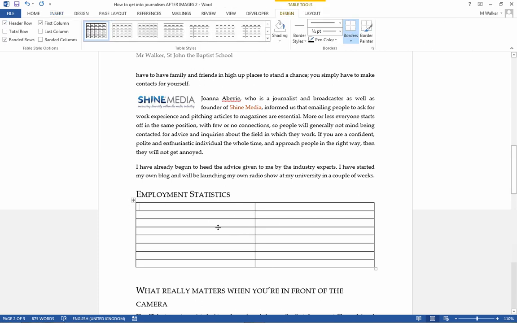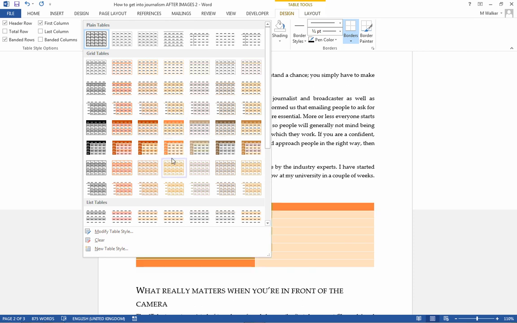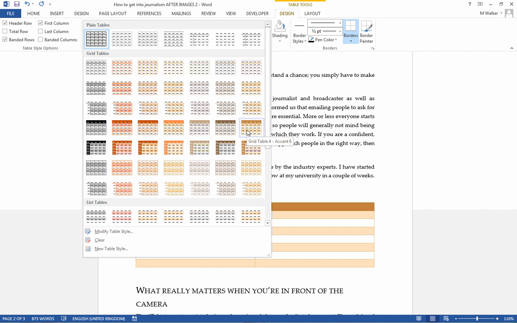So I'm going to click there, and this is my table. Now it's quite easy to change all of the borders and so on, but just like we've done previously, let Word do all of the hard work for you. So select the whole table by pressing the double arrows up here, and then under Design, choose the design that you want, and you can see that the colors are chosen because these match the color of the theme that I chose earlier. Now I'm going to go for one that's got a header, but the first column isn't boldened like it is here, so I'm going to choose this one,